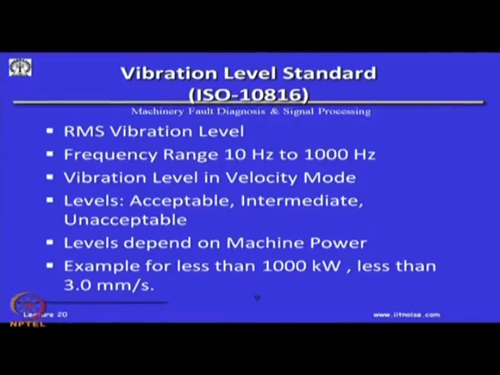Okay. And this standard only tells you about the overall vibration level, and then we have to ensure whether it is acceptable or not acceptable. So, if you just have a vibration meter and an industrial accelerometer, and you go around different places in your plant and just measure the vibration level itself and come up with the values, that itself is a good survey to ensure whether the machines are okay or not okay. Okay, if you just follow the standard, and many industries definitely do that.